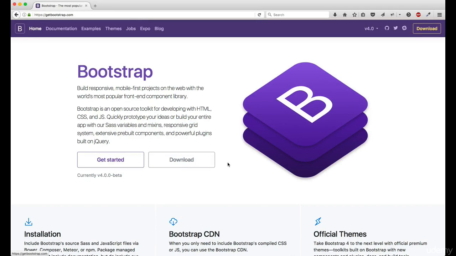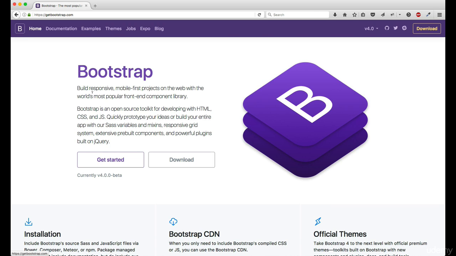So if we just take a couple of minutes to have a quick overview of the Bootstrap framework and see what it's all about. If you already have an understanding or have been through the website, then feel free to skip this lecture as you may know most of the information already. So if we load up the Bootstrap website, we can see here that Bootstrap is designed to help you build